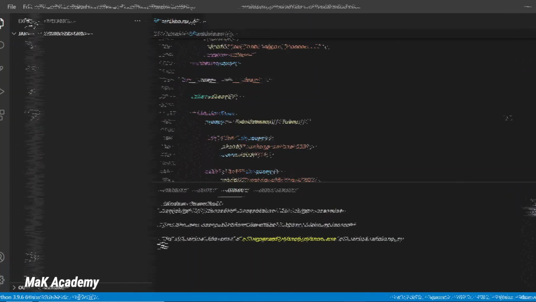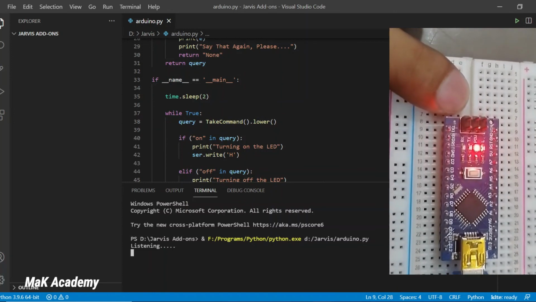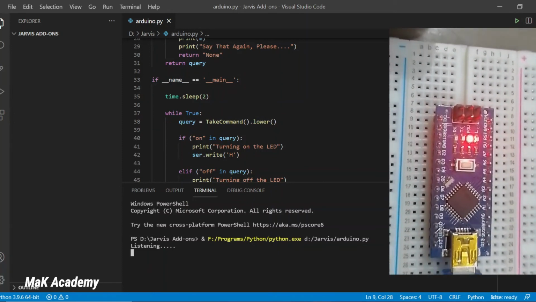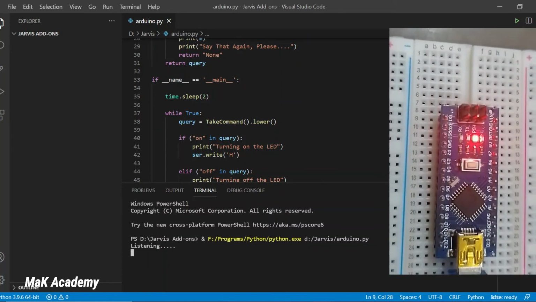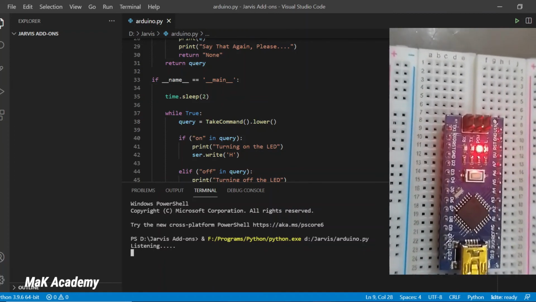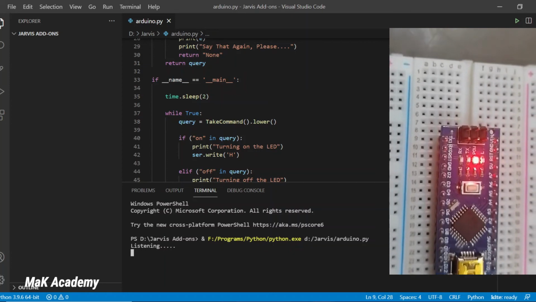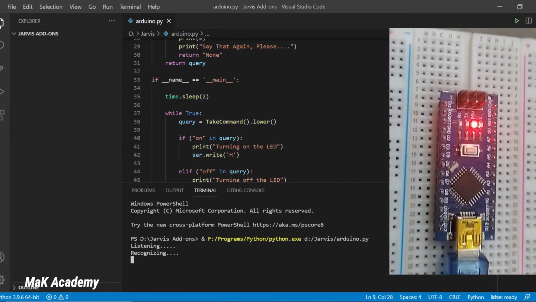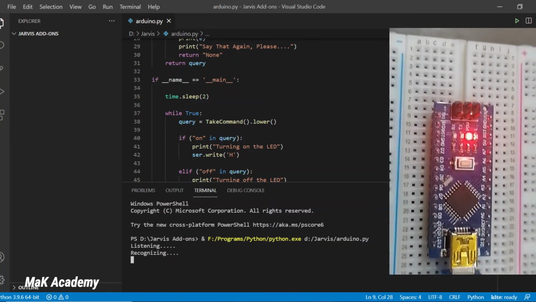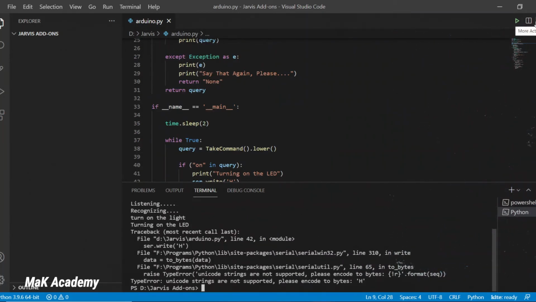You can see here that on our Arduino there is only one LED that is on and all the other LEDs are off, and on our terminal it is asking me for a command. Jarvis, turn on the LED. So it is giving me a type error. It is saying type error: Unicode strings are not supported.